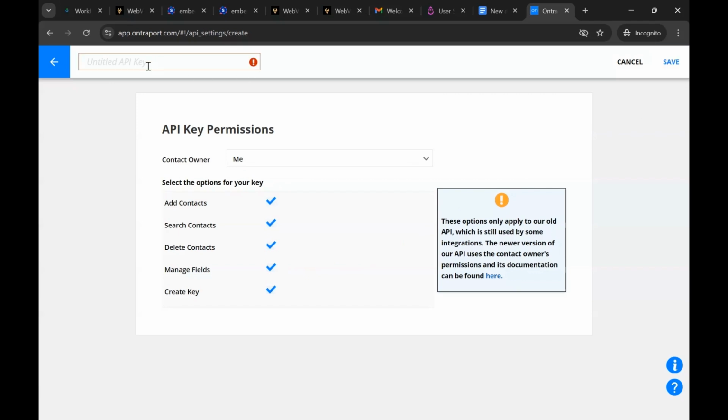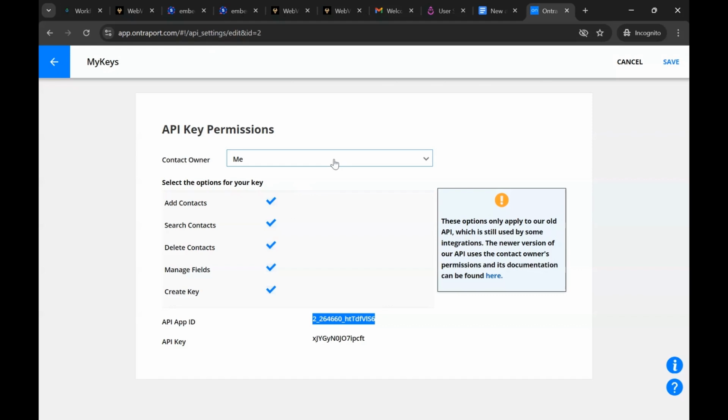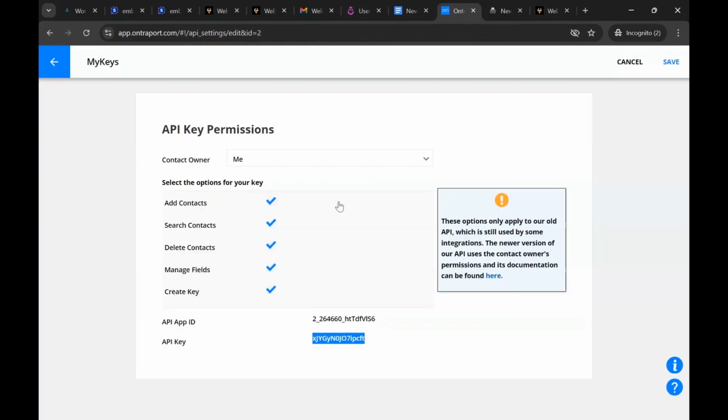Oh, sorry, you have to put the API name here. We can say, for example, my keys, and we make sure we save. Here you go. We have my keys here, right? Okay. And you make sure you copy the app ID and we go and paste. Let's copy the API ID and then we go back and we copy the API key. There you go, and we